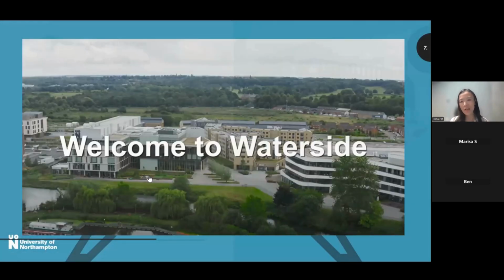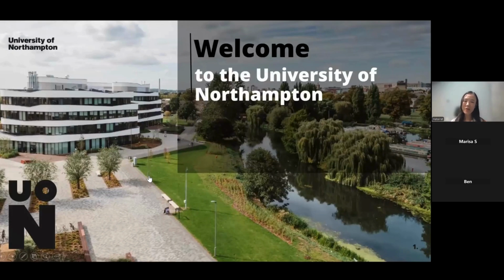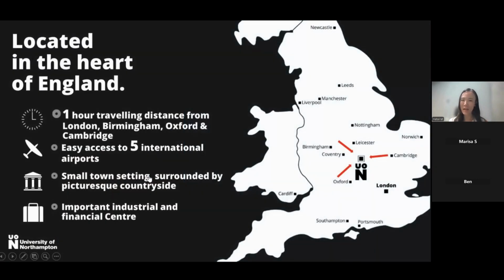So at the University of Northampton, we are in the UK, we are a government university and not far from London. We would like to welcome students with a GED result, which is an amazing option for a student who would like to take, should I say, a shortcut to come to the university. So I'm going to introduce the University of Northampton to you as one of the best choices for study in the UK for your undergraduate